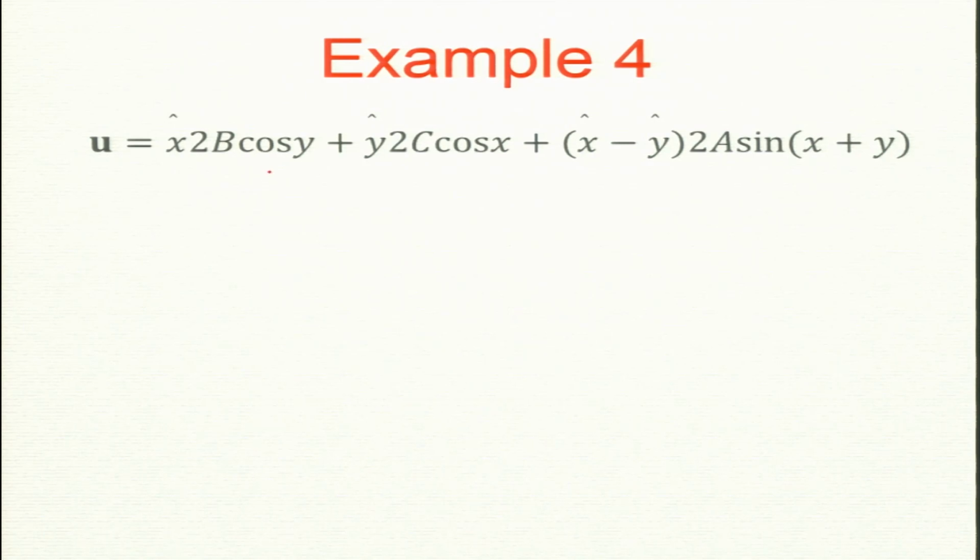Now, this example has a velocity field like this. It is a 2D field, it is only a function of x and y, and they are in the plane. Now, A, B, C will interact. So, what are the Fourier modes in this? So, this is 1 0, this is 0 1, and this one is sin x plus y. So, e to the power i(x plus y) minus e to the power minus i(x plus y), by 2i. So, this is 1 1 and minus 1 minus 1.